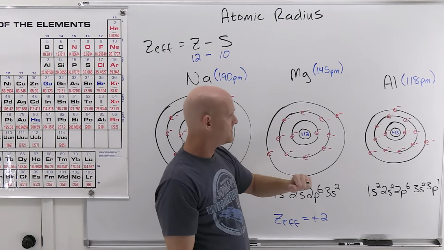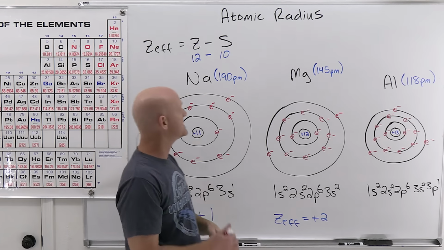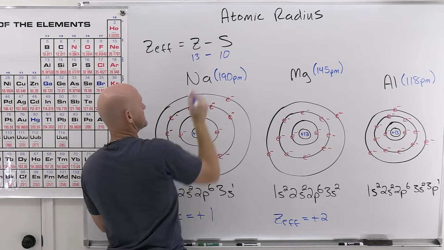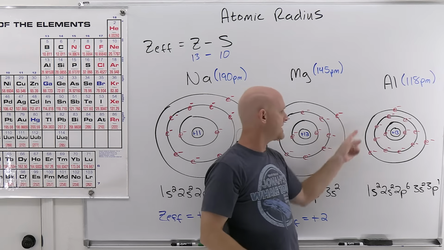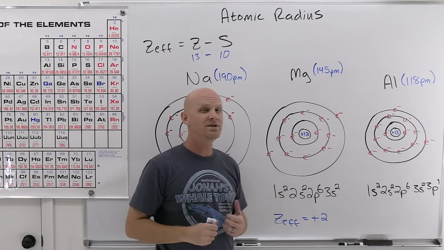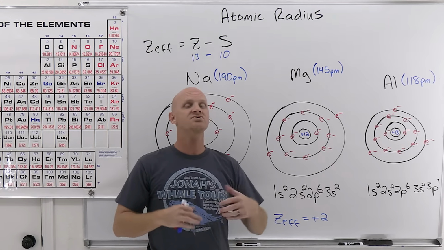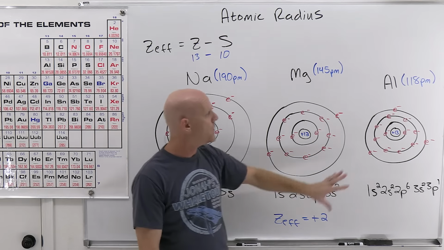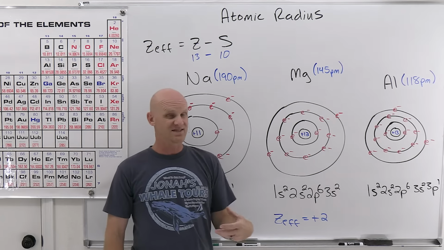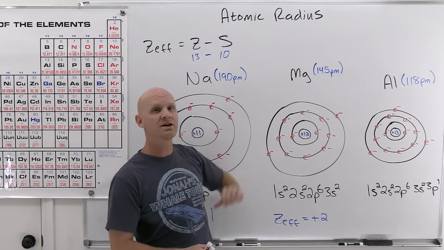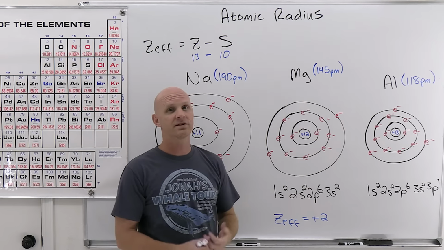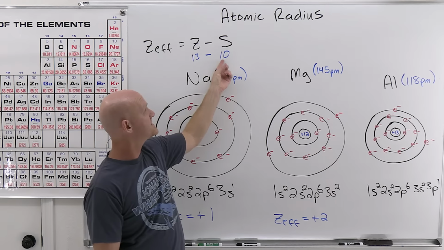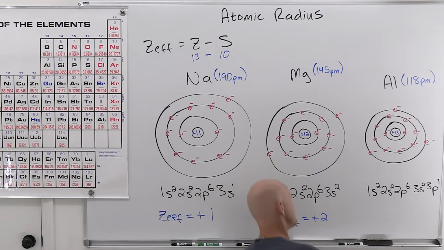Okay, so moving on to aluminum here. Aluminum now has 13 protons in the nucleus, so our Z value is 13. But again, the electrons in the valence shell are all roughly equidistant away from the nucleus. And so to a rough approximation, they don't really contribute to this shielding value. They're not shielding each other from the nucleus. Only the core electrons are doing this. Now, again, this is not 100% true, but to a rough approximation, it'll establish the trend in atomic radius that we need. And so in this case, we're still only going to subtract off the 10 core electrons and get an effective nuclear charge